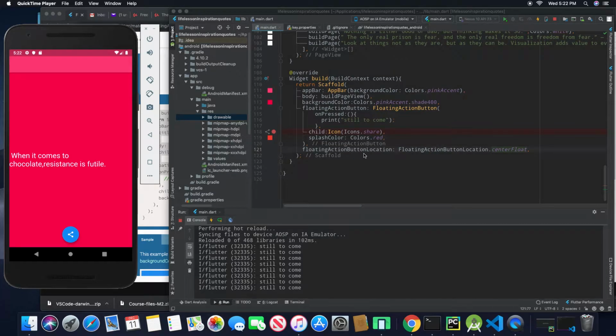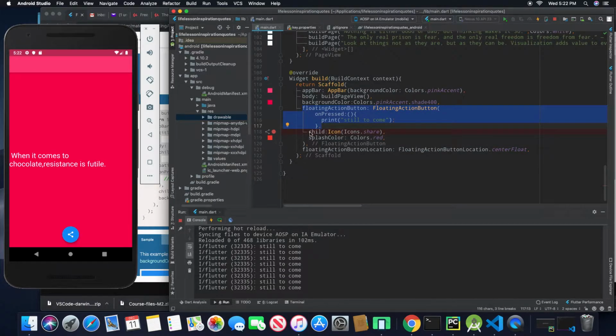Welcome to this video. In this video we're going to talk about floating action button. So what I've just done is everything about a floating action button. I just add children icon share, and then I add